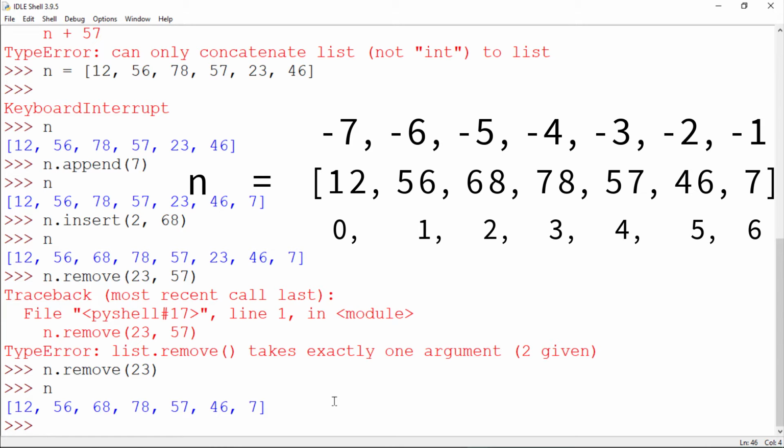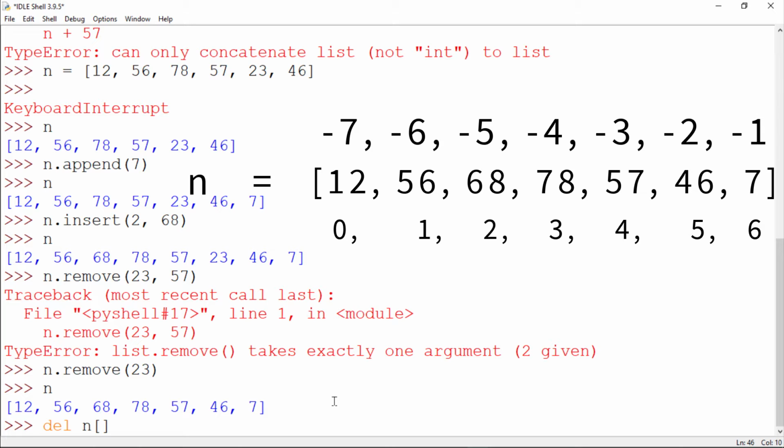Okay, what you're gonna do for deleting multiple items, we can say here del and then say here this name, which is n. Okay, and then say here square brackets. Now from where you want to delete and where you have to finish, in square brackets we use index values. Now here you are going to use index value. So I want to remove from 78 till onwards.